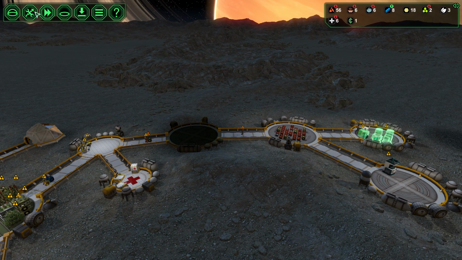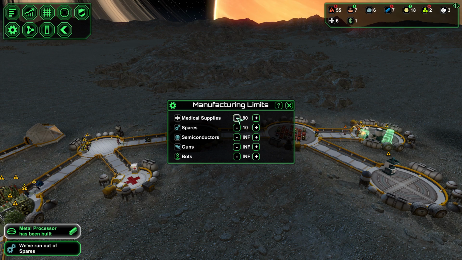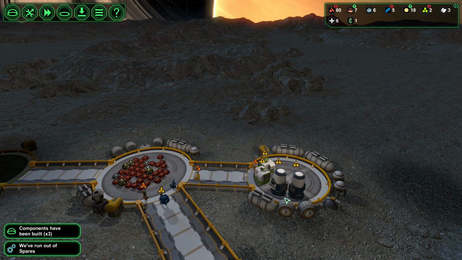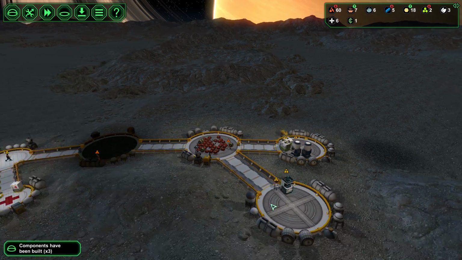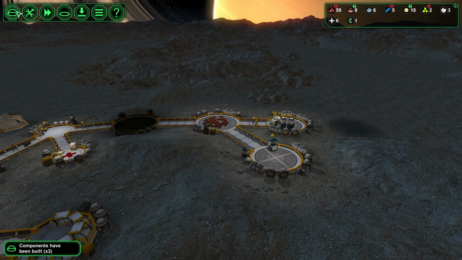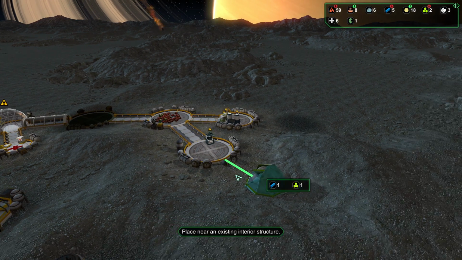And let us set a limit on medical supplies. Bring it down to about 20. I mean, you can always trade them, so. Excellent. And you can all manufacture over there. You can manufacture if you wanna. You can leave your friends behind. But if you can't dance, then you...